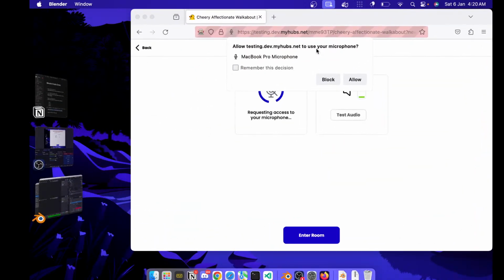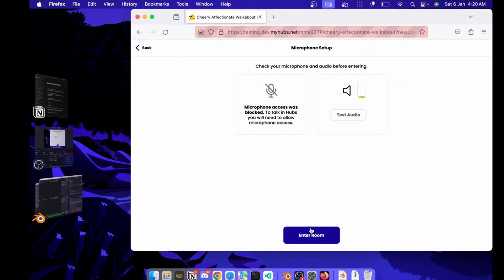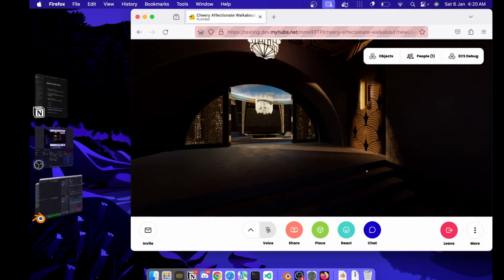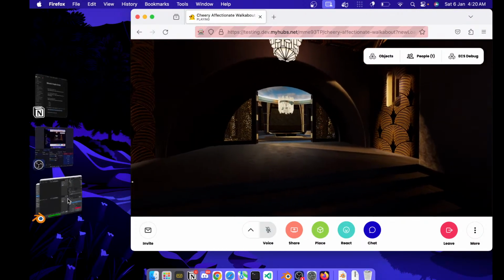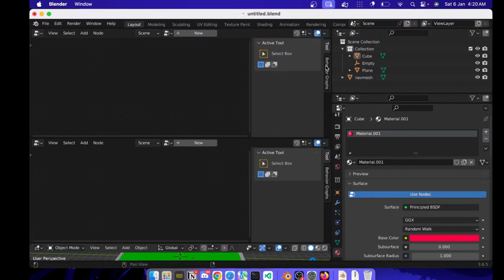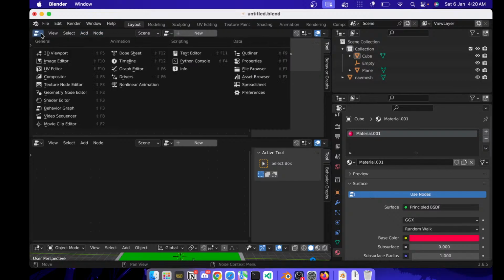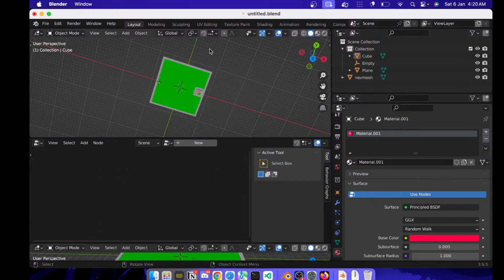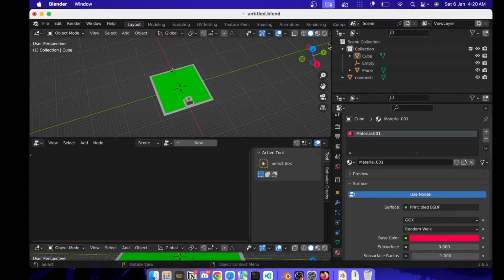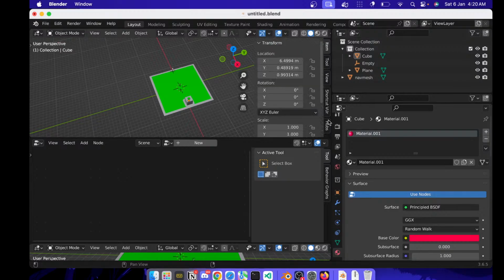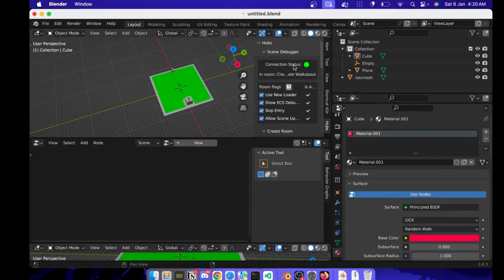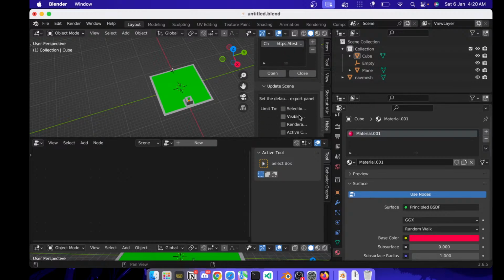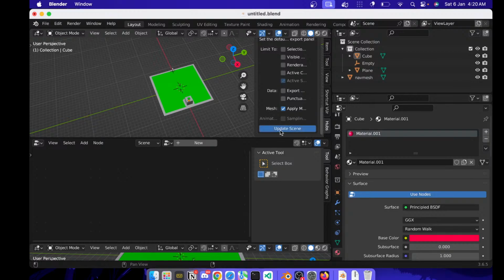So okay, we got our basic scene to start with, and so this view will change to the 3D viewport. In the 3D viewport, from this option we have the Hubs connection status is connected, and connected to which instance? The testing instance. Okay, click on update scene,